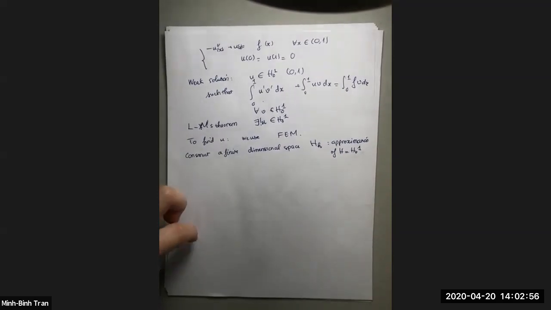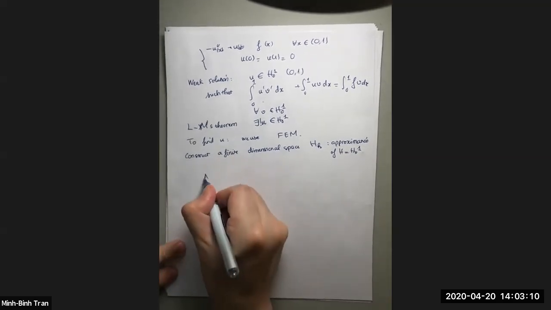So the idea is to find a finite dimensional space such that this H_h approximates the bigger space H_0^1, and solve